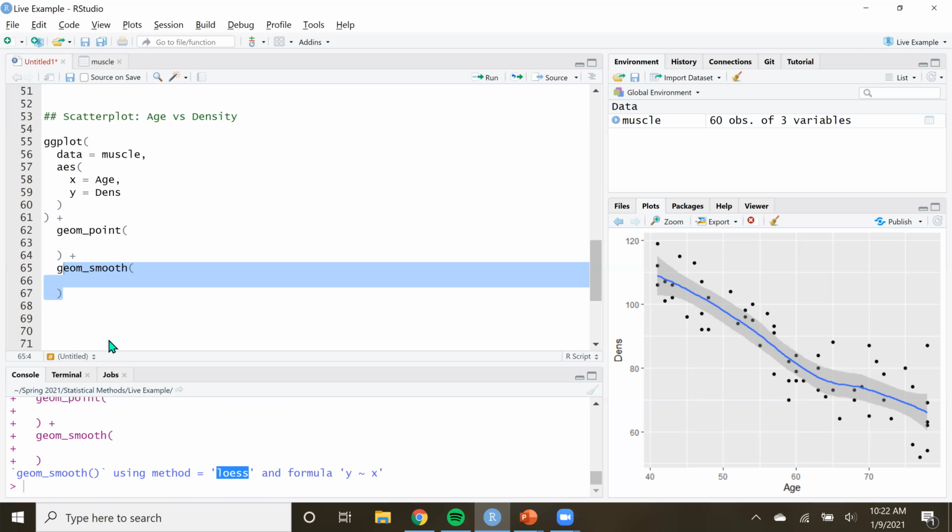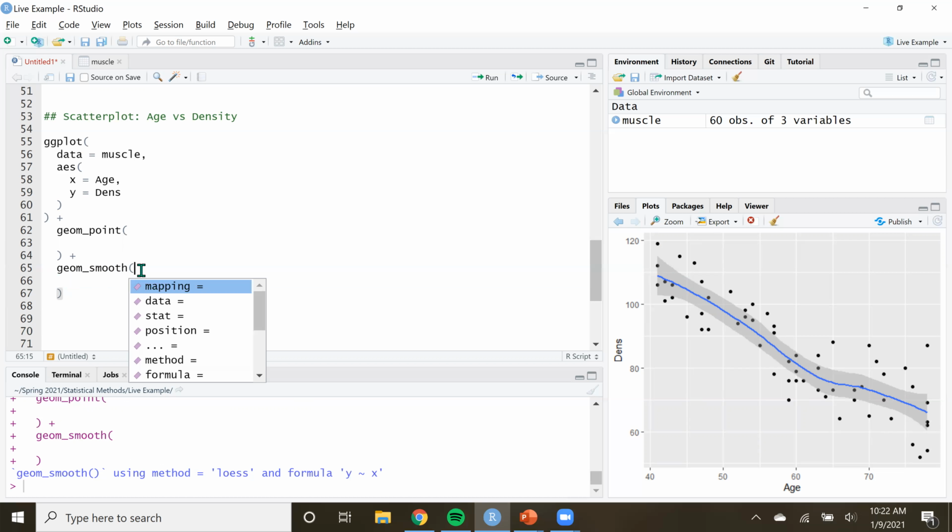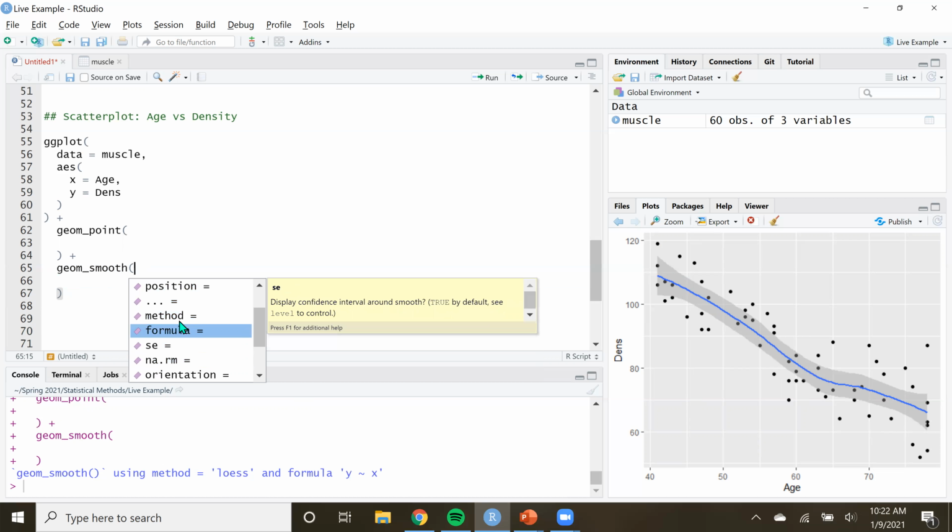I don't want that. I want the method to be something different. I want it to be a linear thing. I want it to be a line rather than a curved thing. Well, if I come here and hit tab, it gives me all the options for the arguments. Let's